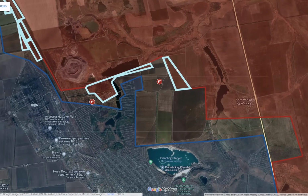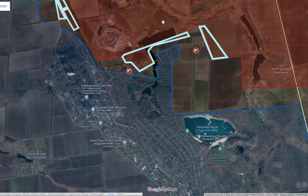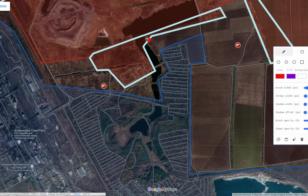This is significant because we have seen a previous attempt by the Russian forces to try and gain control over the area here in the western parts of Kamyanka and east of the coke plant. Here we see that the Russian forces managed to get the waste sorting plant here on the eastern side of the coke plant, and with this they're able to hold the flank of the Ukrainian positions here to the east. So we're seeing that the Russian forces will likely try a pincer maneuver from both of these locations with cover fire from the waste sorting plant and an assault from the eastern side to try and gain control over the